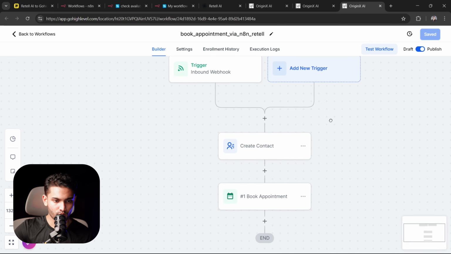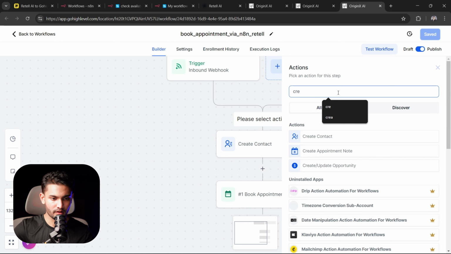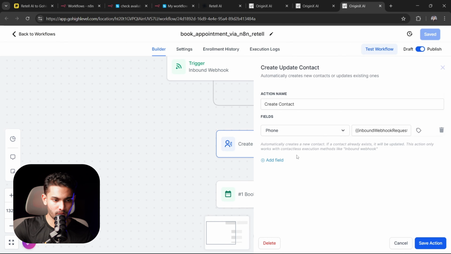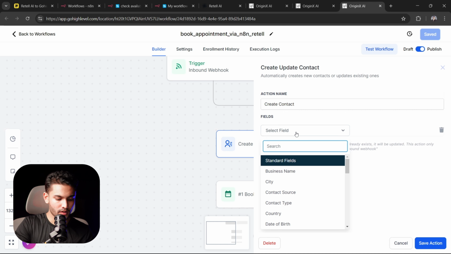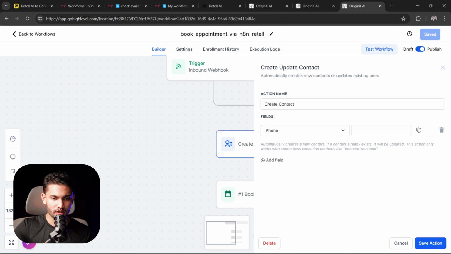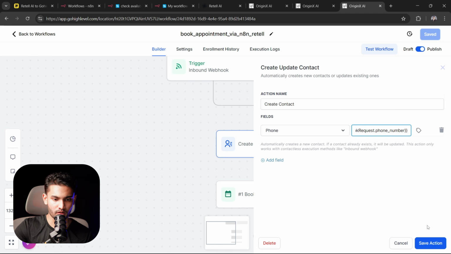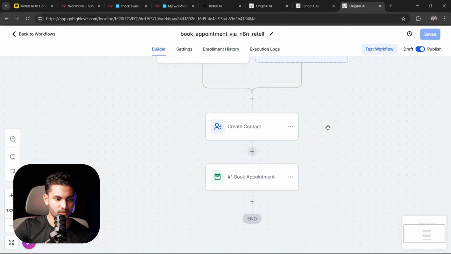Now after you get that data back, you will click on this plus icon and add create contact. You click on that. Something like this will open up. And basically we'll add field, type in phone number right here, click on phone number, select this tag icon, click on inbound webhook and phone number, and save the action. Then you will again click on this plus icon